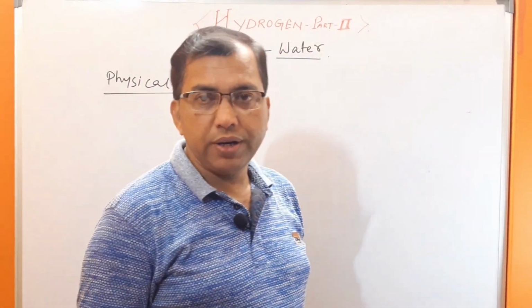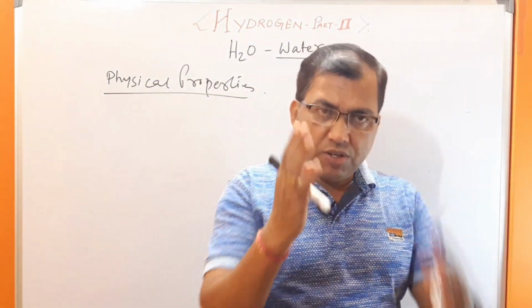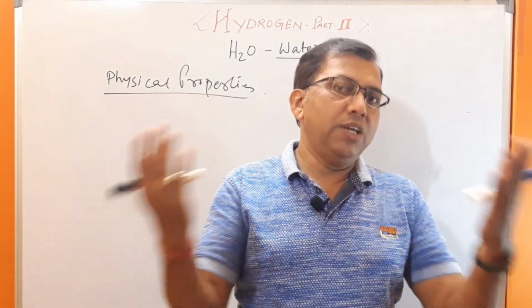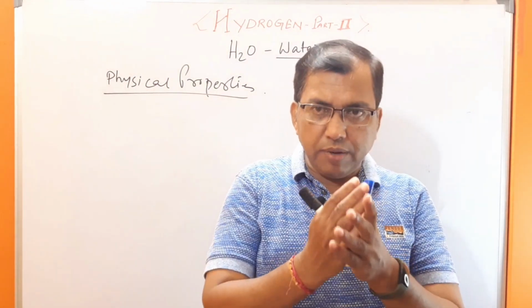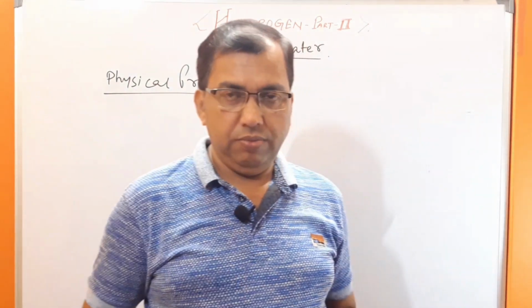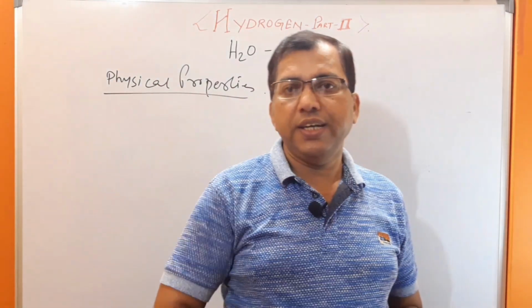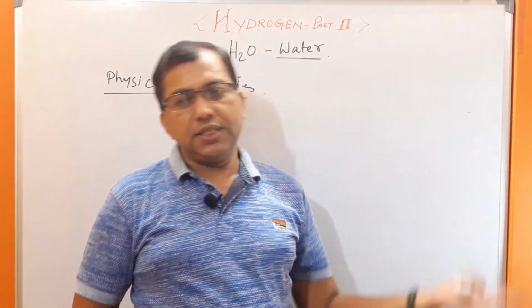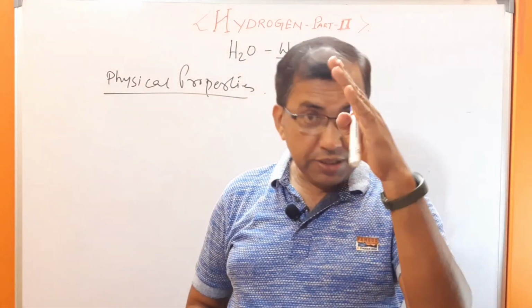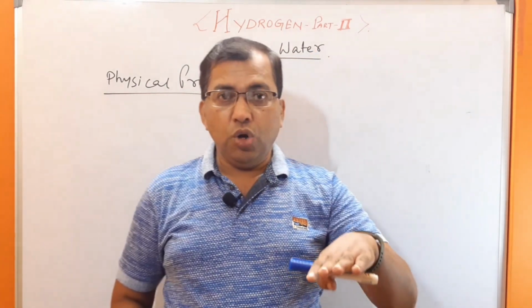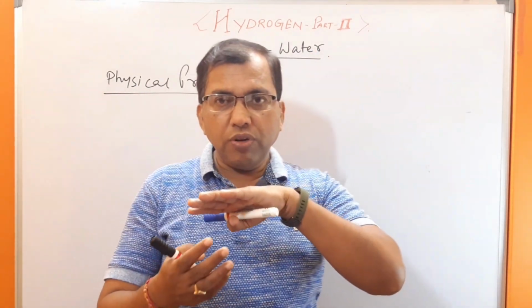Next come chemical properties. What are the chemical properties? It is neutral in nature. That means there is no color change in litmus. It does not normally dissociate at high temperature, that is, it is stable. And it is amphoteric in nature, that is, it sometimes behaves acidic in character and sometimes basic in character. And one term is that it shows autoprotolysis.